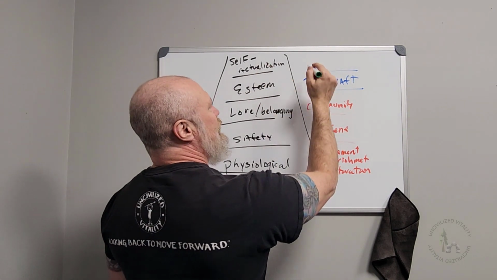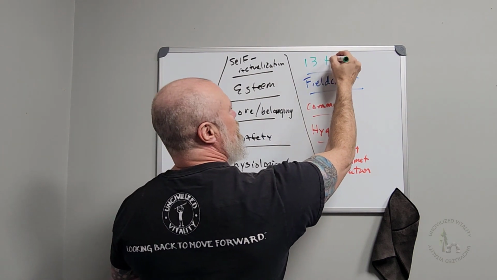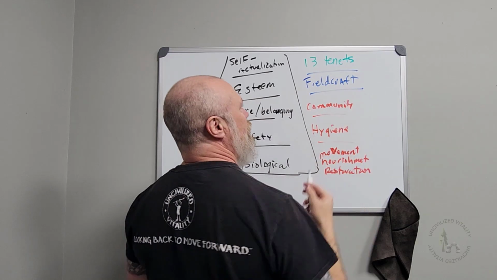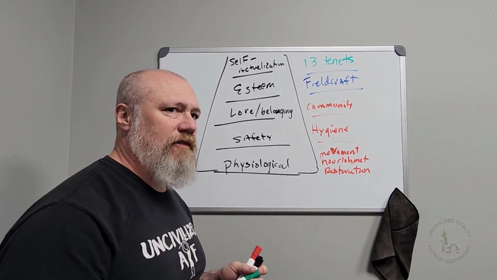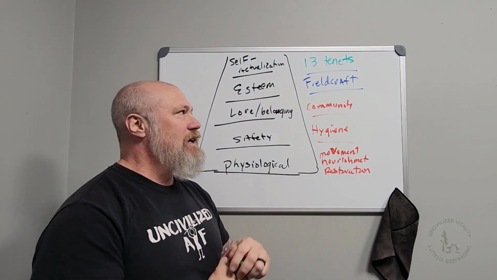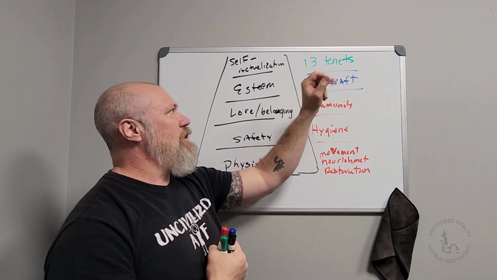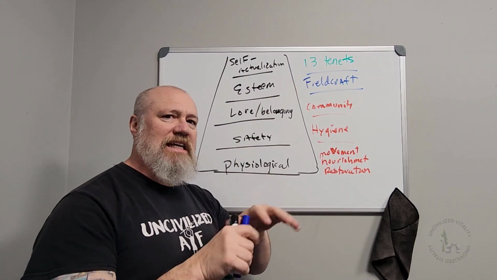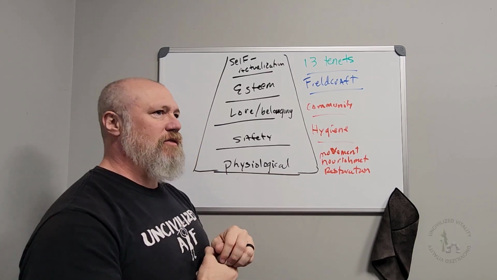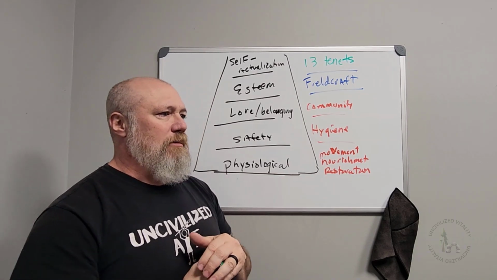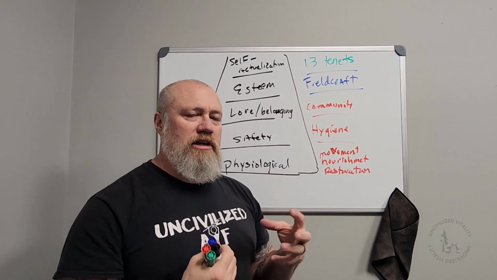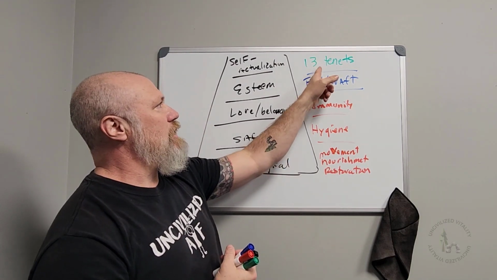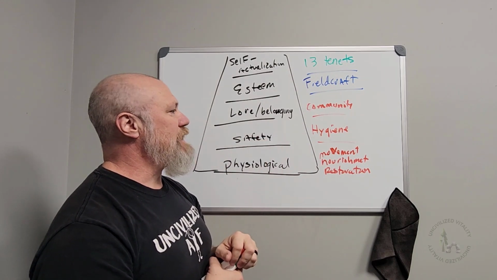But we meet this self-actualization in Uncivilized Vitality with the 13 tenets of our philosophy, our philosophical outlook. These give you plenty of ways to live your life, be all you can be, reach that full level of Jungian individuation that we talk about in Uncivilized Vitality, merging your consciousness and your unconsciousness and becoming a fully actualized human being, and our philosophical tenets deal with that.